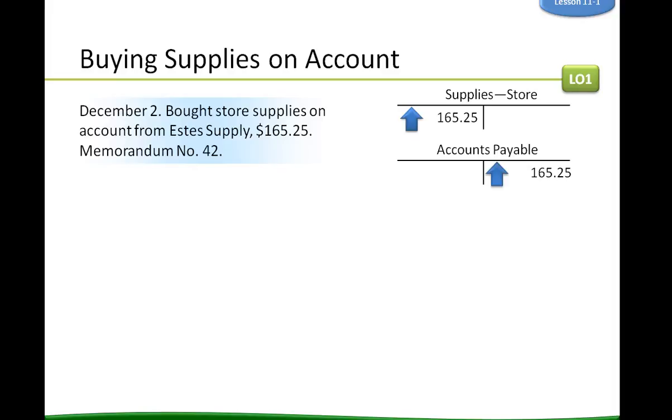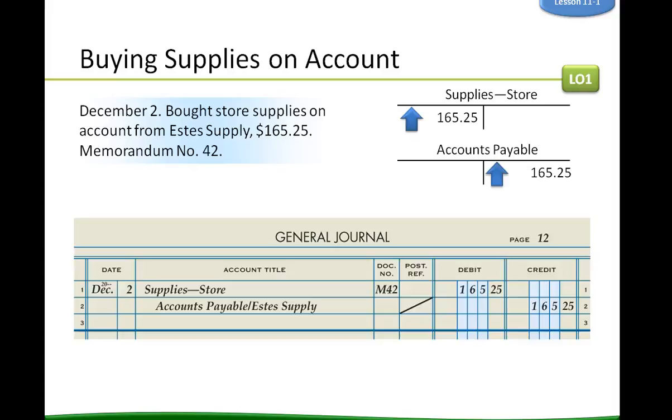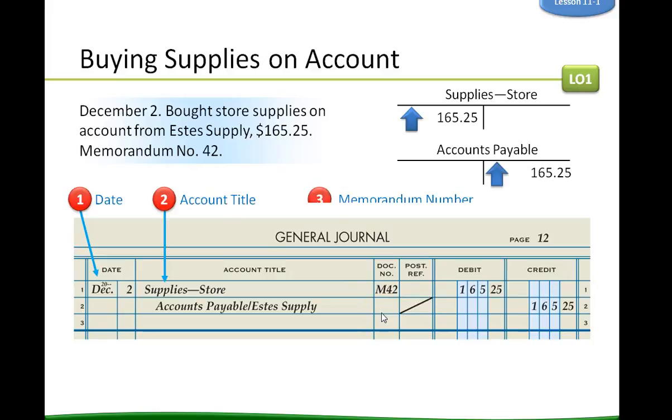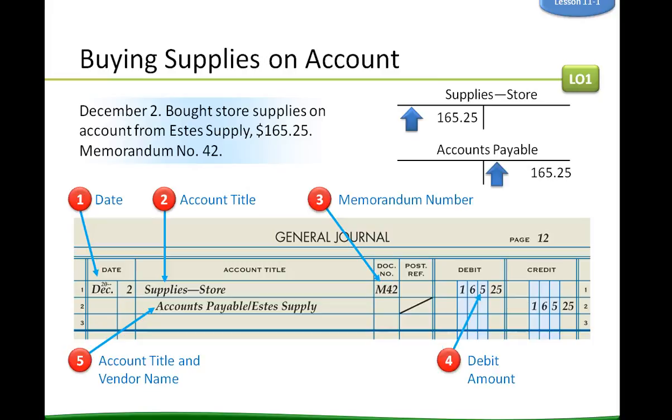So the journal entry for this transaction is $165.25. It's a debit to supplies store and a credit to accounts payable, which we see right here, debit and credit. So we put in supplies-store and accounts payable Estes Supply. We have a memorandum and a diagonal mark right there. So our dates, account title, memorandum number, debit, account title, vendor name, don't forget the vendor name, a diagonal line,